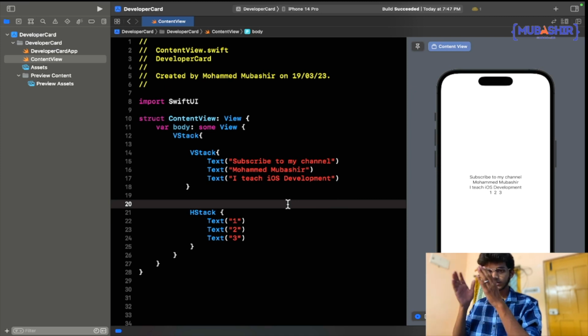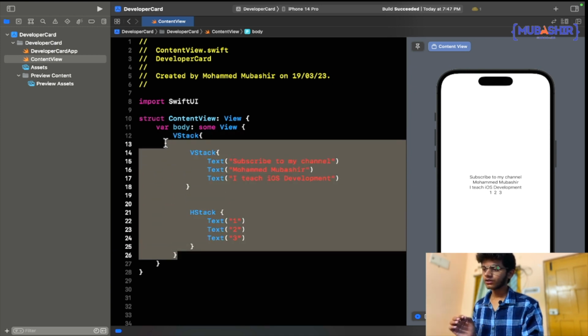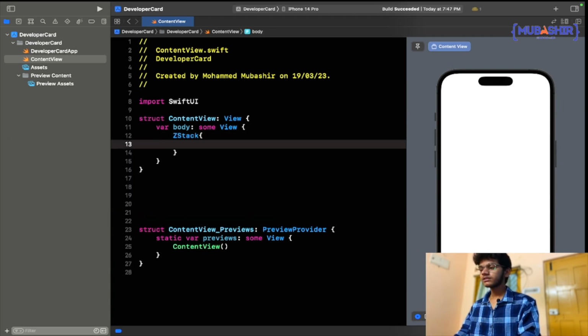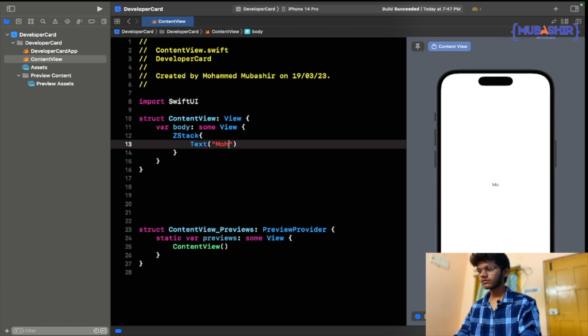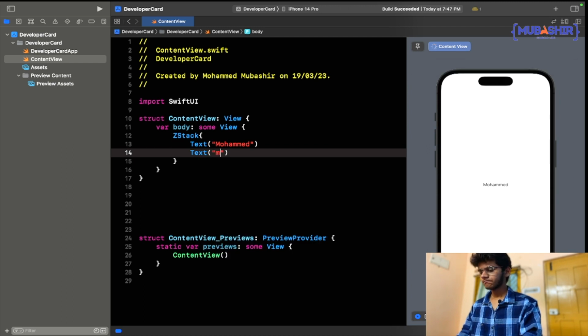Okay, vstack is for vertical ordering things and hstack is for horizontal. Now let us talk about ZStack. So I will remove this and I will add a simple ZStack here. Now in this ZStack, let me add a text for now, which is Muhammad. So we have this Muhammad name here, but when I give the second view which is Mubashir,